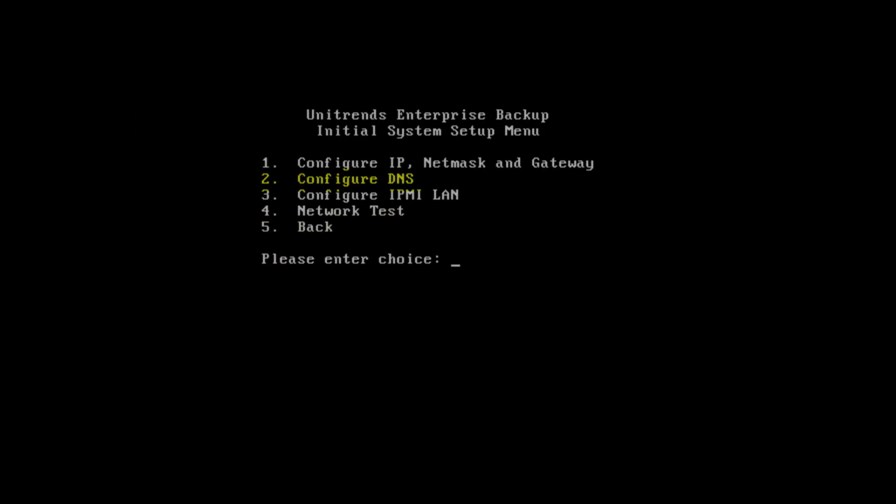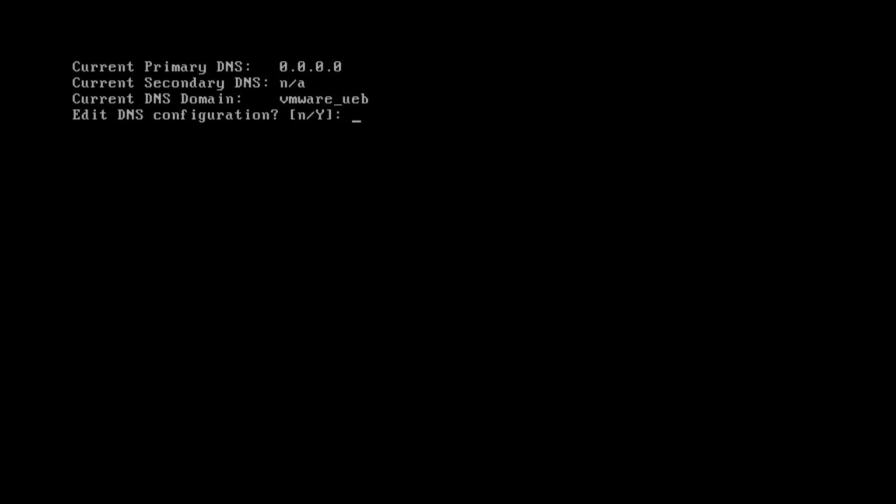Now you're going to do the same thing with configuring DNS. So you're going to use option 2 to configure DNS. You can see your current settings. We're going to say yes to modify those. Once again, I'm not hitting enter after I press that Y. When I put in a value here for an address, then I have to hit enter at the end of that value. We're going to go ahead and put in our primary DNS, which is